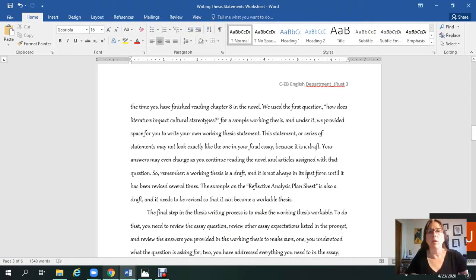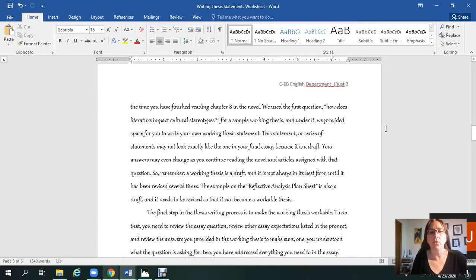This statement or series of statements may not look exactly like the one in your final essay because it is a draft, which is why we call it a working thesis. Your answers may even change as you continue reading the novel and articles assigned with that question. So remember, a working thesis is a draft and it is not always in the best form until it has